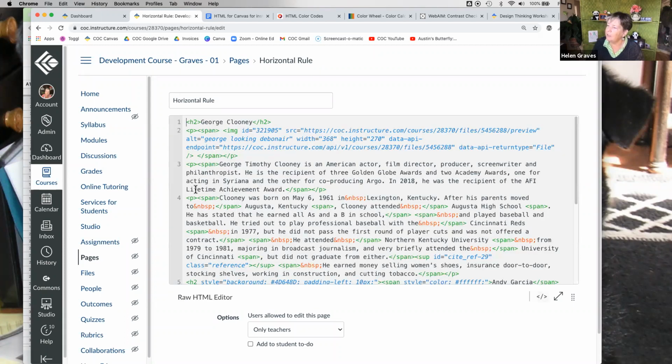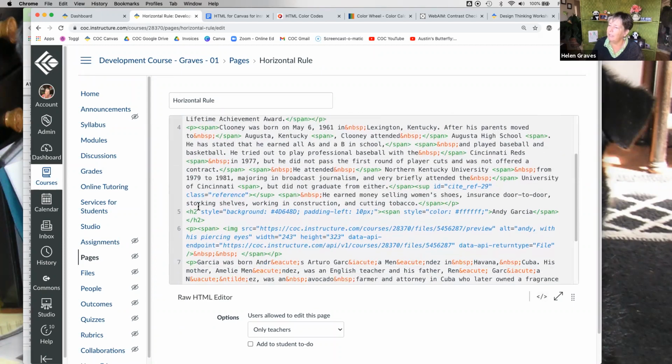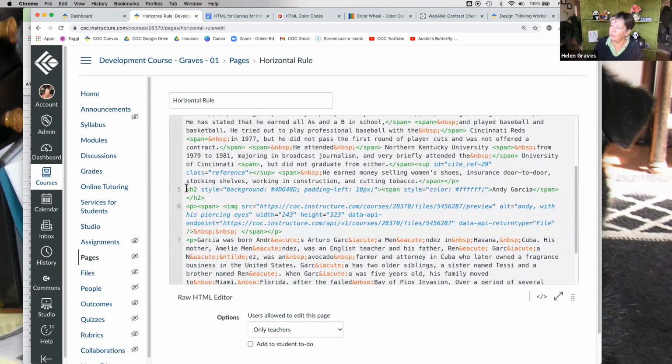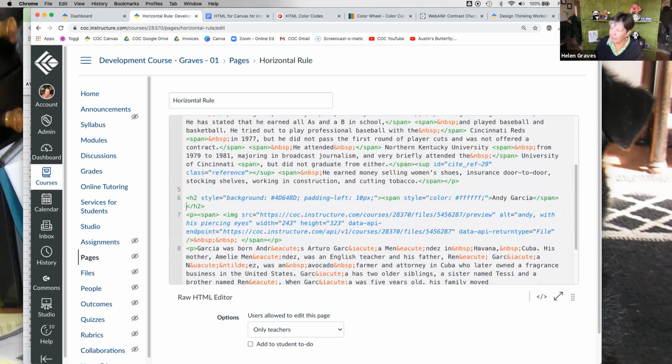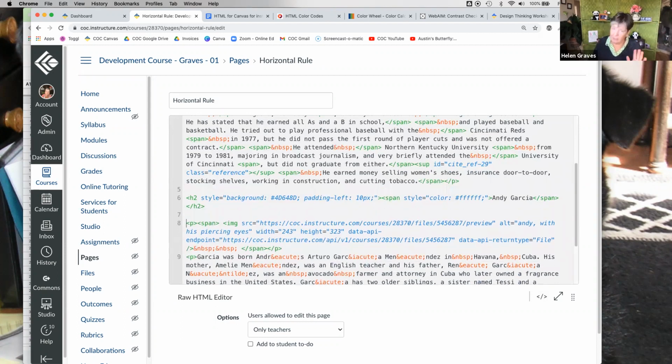If I go back into the code, and be aware that Canvas, even though I put those spaces in there, as soon as I get out of the code, it gets rid of the spaces. It's a little frustrating, but that's the way it is. So if I add a margin left, and let's make it big so you can really see it, 25 pixels.